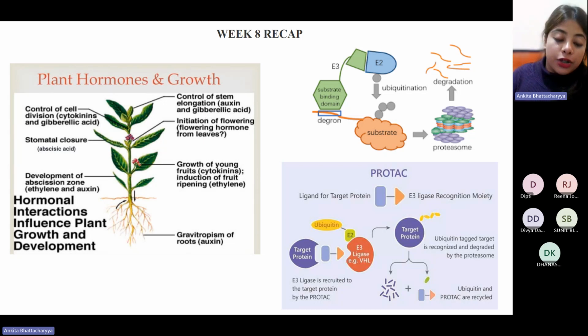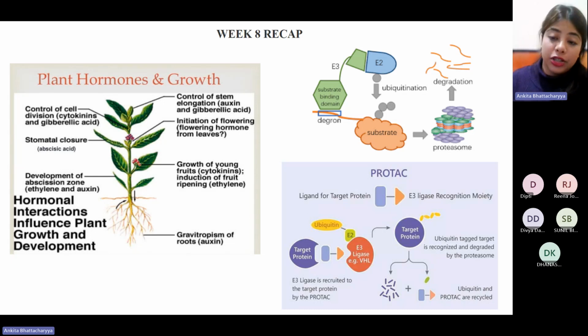And that allows us to control that whenever auxin is applied to such a plant, then this plant will initiate the degradation of the auxin inducible protein of interest. So it is a degradation system which has been put into place in plants and is extremely useful for a large number of research applications.